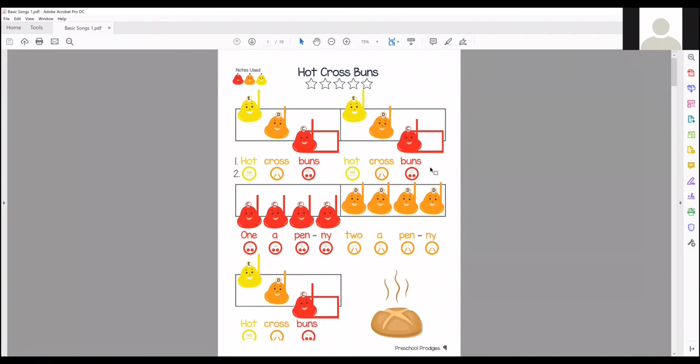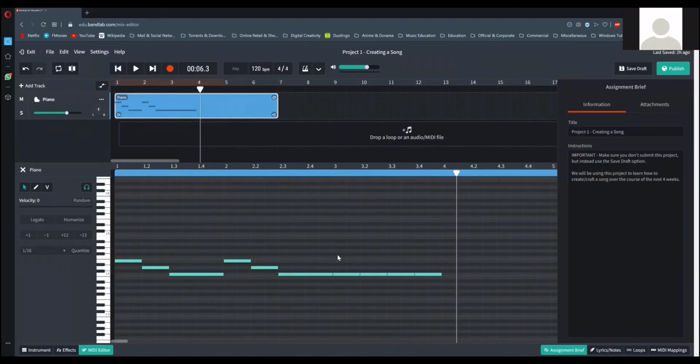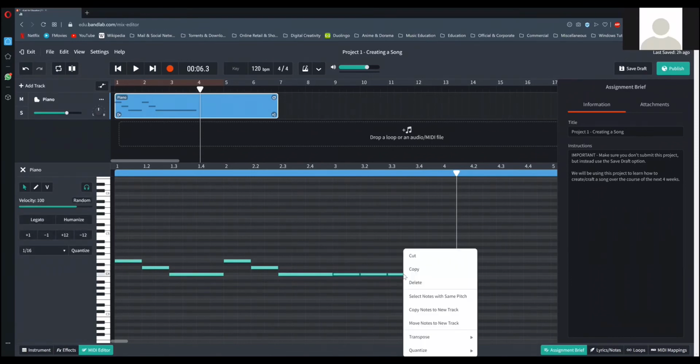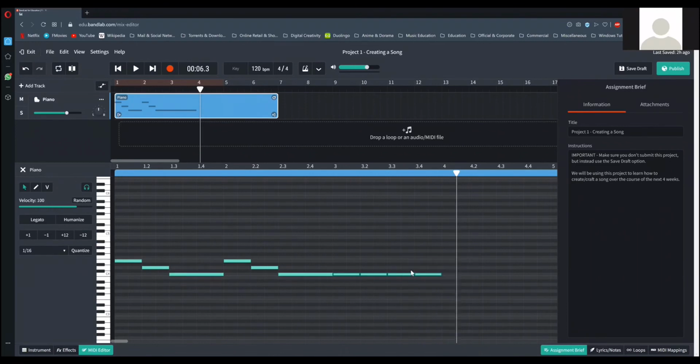Once again, we're going to use the power of MIDI. I don't want to draw all of this. So what I'm going to do is highlight 4 C notes. Like I showed you before, like this. Drew a line. Right click on the note. Copy. Take my playhead to number 4 because that's my next bar. Paste. And now I will drag all 4 up to D. That's how easy it is.